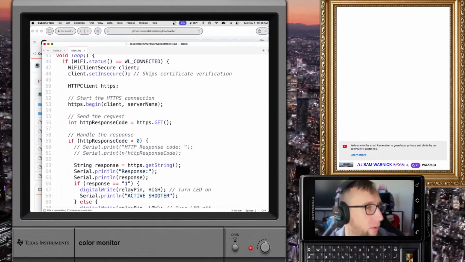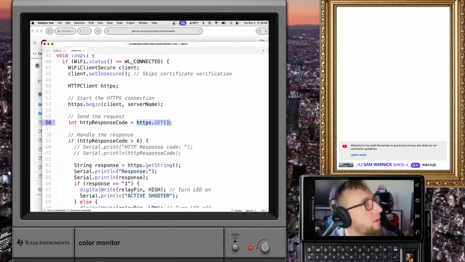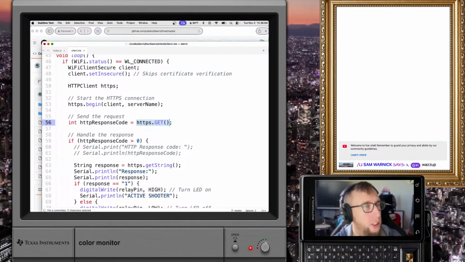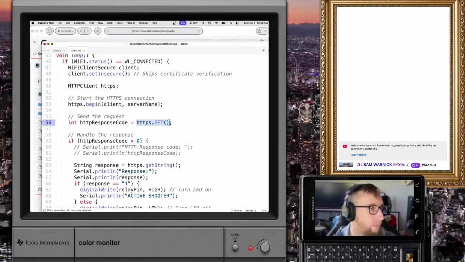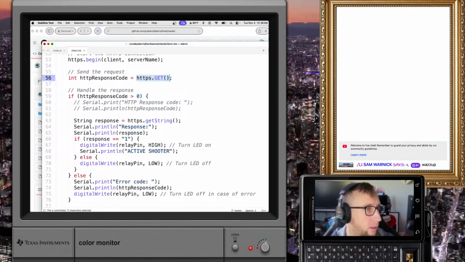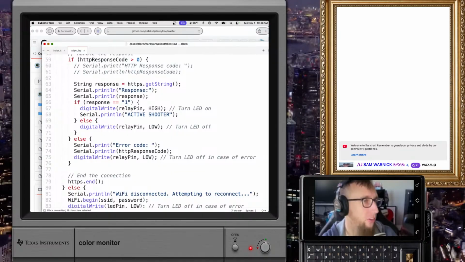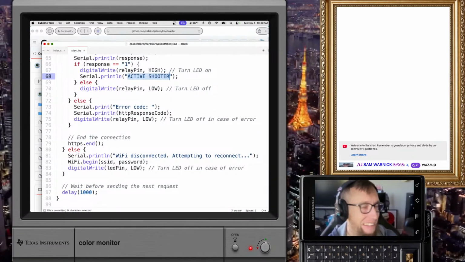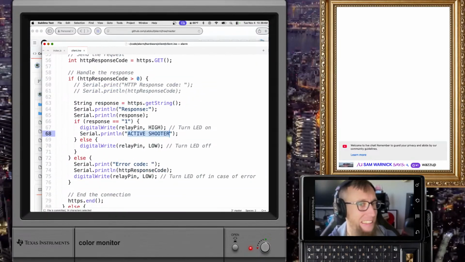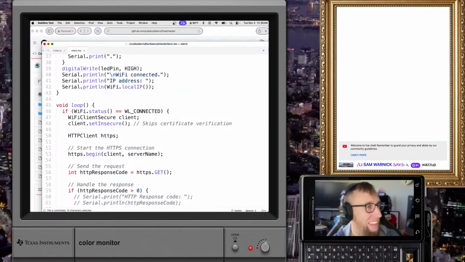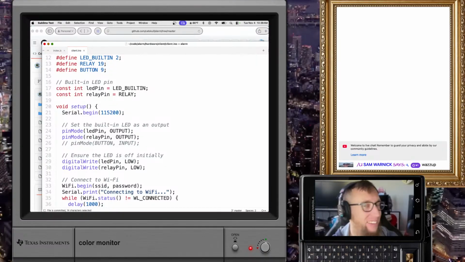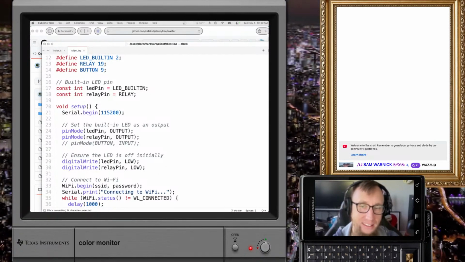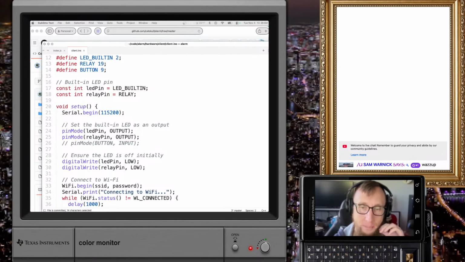So it's just going to hit it with a get request. I actually don't think I need to change this at all. It's like debug. Oh, active shooter. I forgot I put that in there. Active shooter. Jeez.